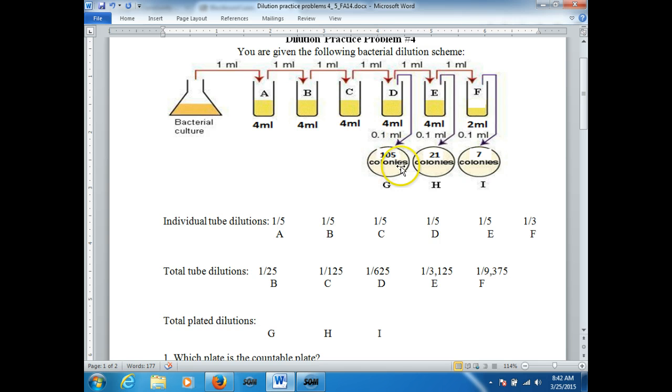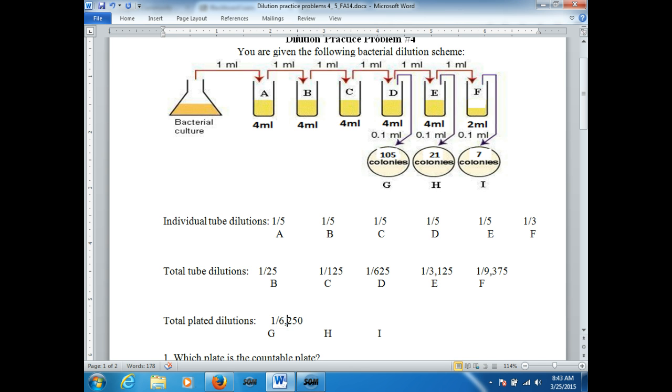Okay. So we have to take into consideration that because you're taking such a small amount, you're basically doing a dilution. So you need to multiply by 1/10 whatever the dilution factor is of that tube, to figure out what the final dilution is for that plate. Okay? So where did plate G come from? Tube D. What's tube D's dilution? 1/625. But for that plate, we need to add another 0, right? We need to multiply by 10. So for this plate, the actual dilution factor is